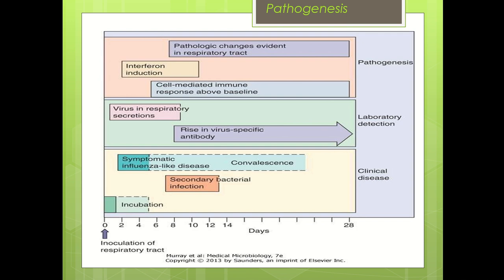And from day 7 onwards, there is a rise in the virus-specific antibody in the serum of the individual. Here also, due to the lack of immunity, there can be secondary bacterial infection from day 7 onwards, and there is also a cytokine rise, induction of interferon, that is the antiviral immunity, from day 2 onwards. And there can be pathological changes that are evident in the respiratory tract, that is, damage of the respiratory tract mucosa that starts from day 8, and there is initiation of cell-mediated immunity from